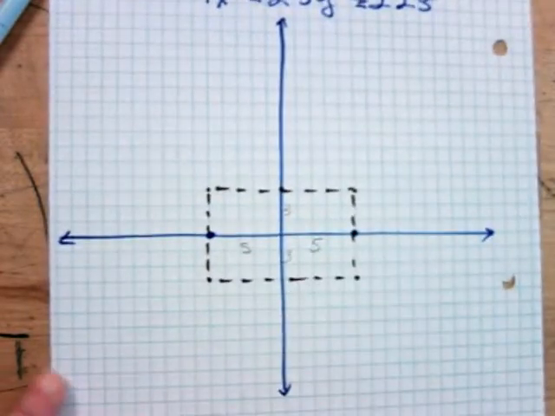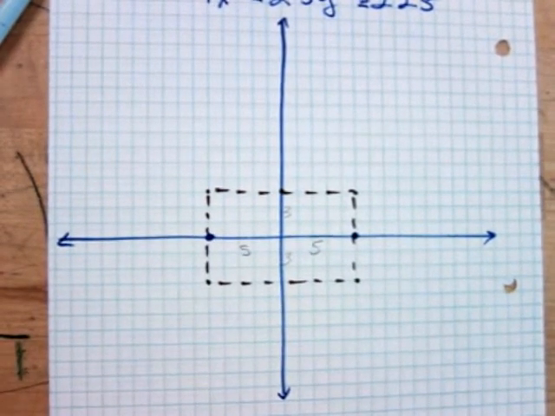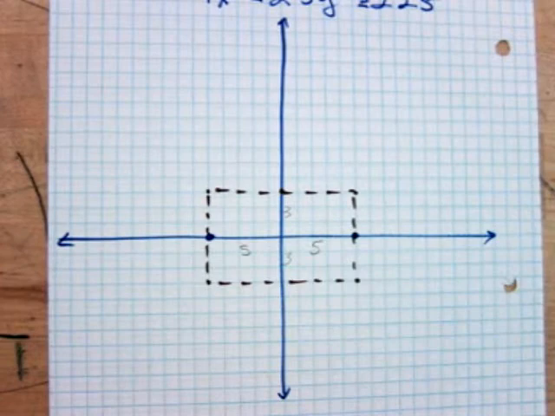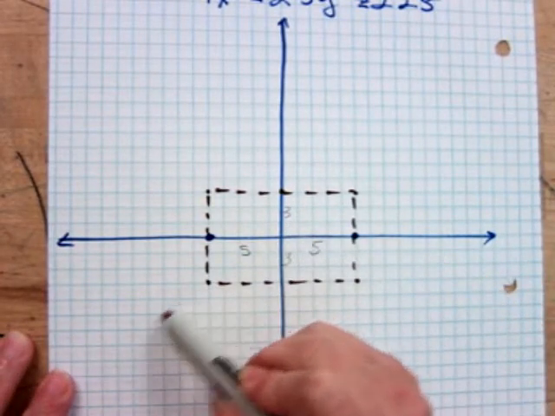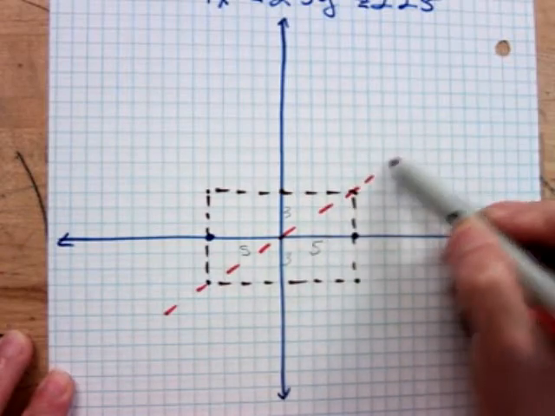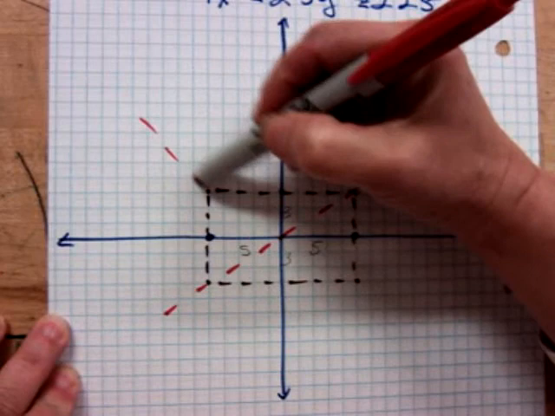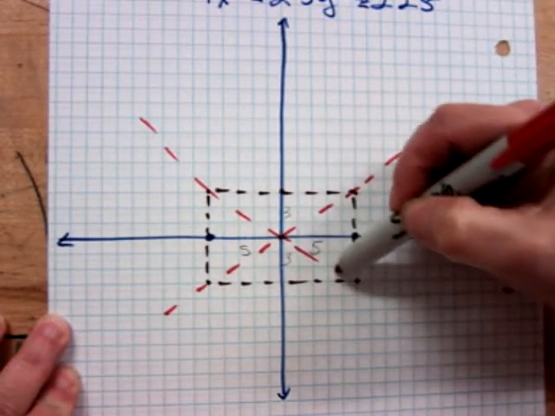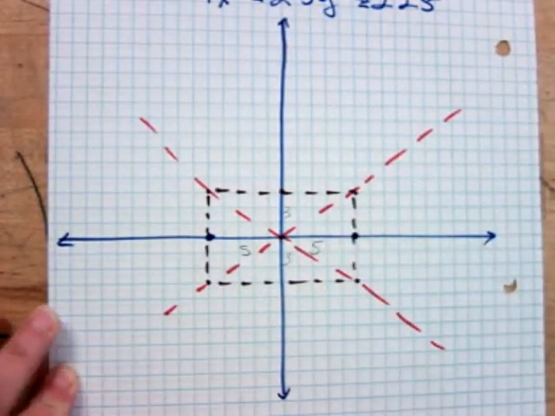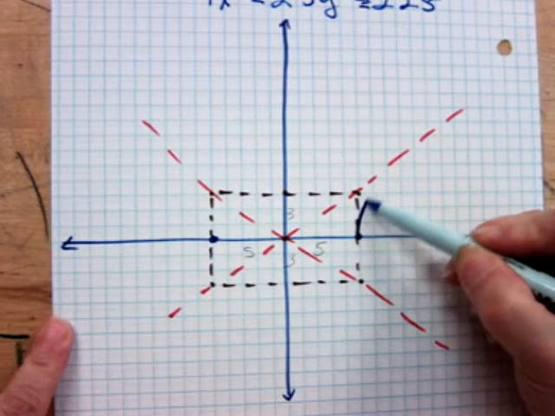So I now have a rectangle, and with that rectangle I'm going to be able to draw my asymptotes. Asymptotes go directly through the corners. So now with my asymptotes and my vertices, I can go just